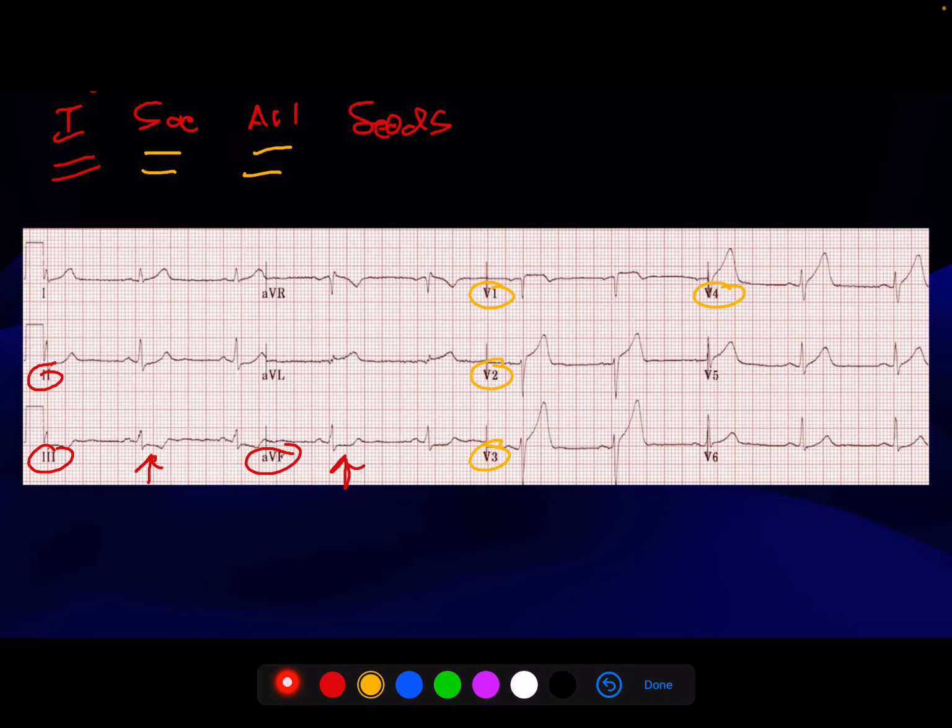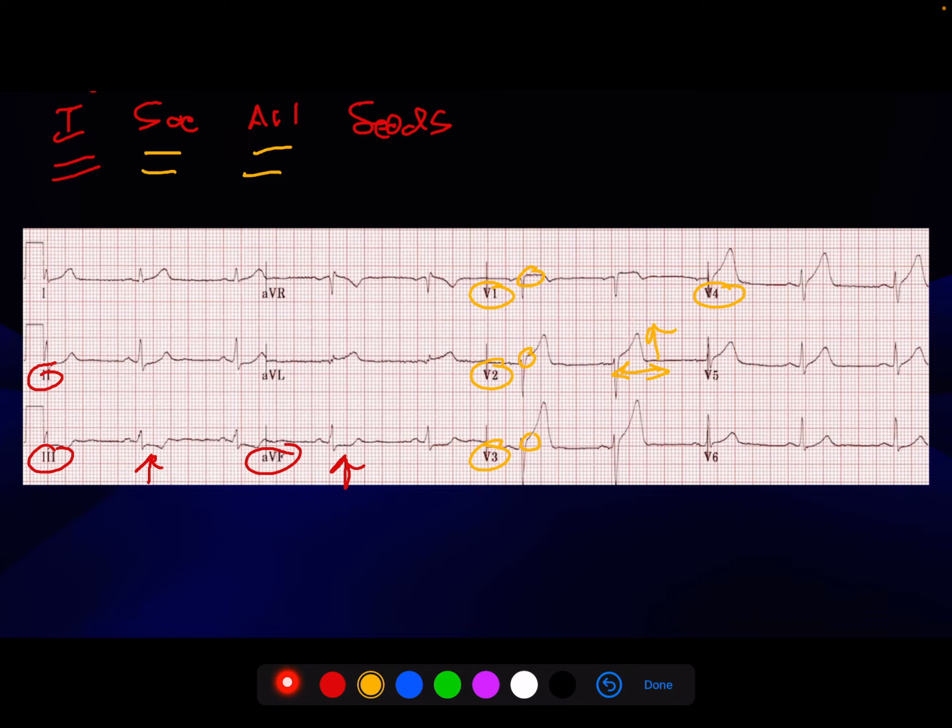You notice we've got a slight bit of ST elevation here that might not by itself meet criteria, and maybe a little bit of elevation here and here as well, and you can have a discussion as to whether that meets classic STEMI criteria or not, but it is very obvious that you've got a very wide, very tall, asymmetric T wave there,